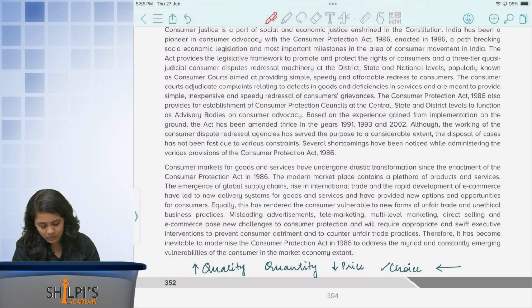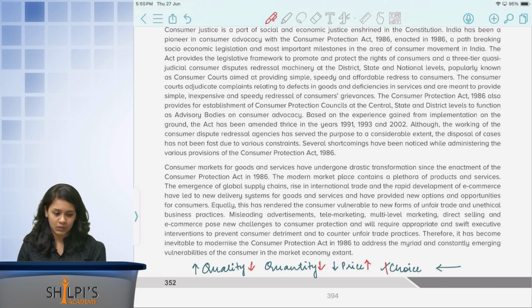Okay. We see low quality products for a lower quantity, which comes out for a higher price, and most often than not, we don't have a choice. And this is where consumer protection really came in, because they said that, see, there are multiple practices to provide consumers with multiple options, and whether this is advertisements, some form of telemarketing, any kind of unfair trade practices,